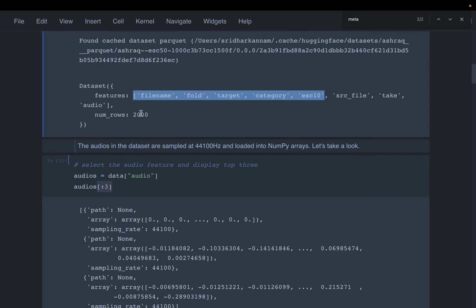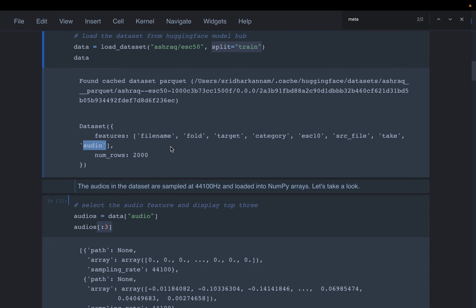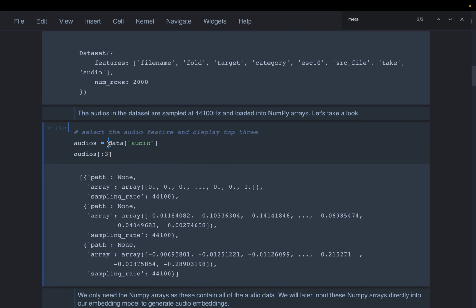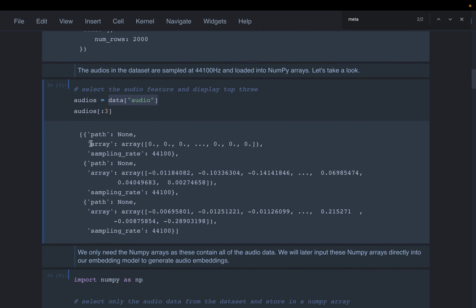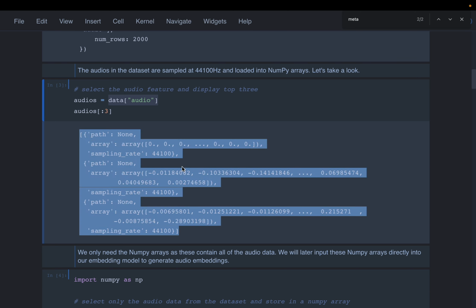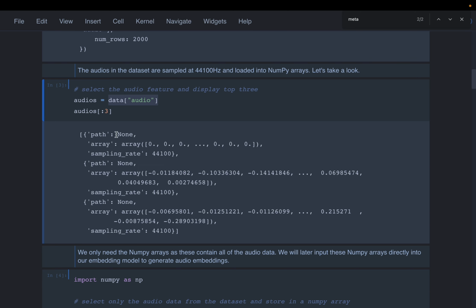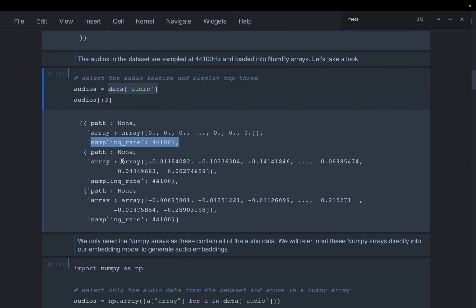But we are only interested in the audio section of this data, right? So we filtered it to audio, and then here we are showing the first 3 records. Each record has this path, which we can ignore. The actual audio is in the form of this numpy array, and then we have this sampling rate. Here is the second audio file, and here we have the third audio file